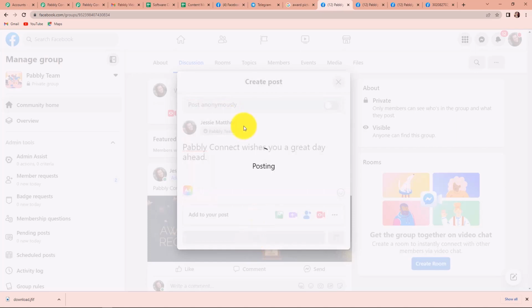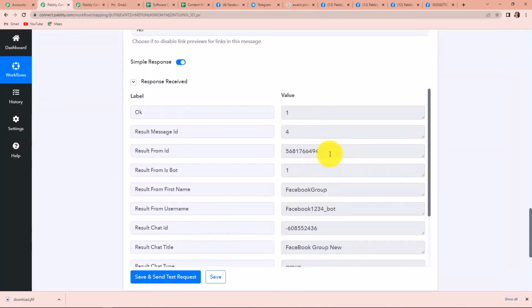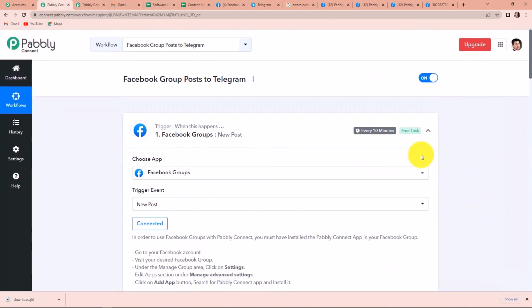Once this is published, if I take you back to Pabbly Connect and I go up, here you can see that this trigger will check for new data every 10 minutes, which means that this trigger application has a polling time of 10 minutes. So this workflow will run after every 10 minutes and then only it will fetch the data. So now we are supposed to wait for 10 minutes so that we can receive this message on our Telegram